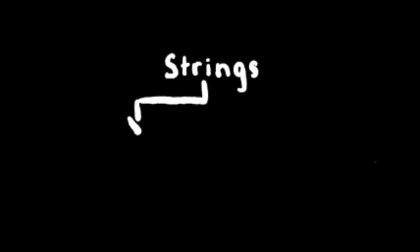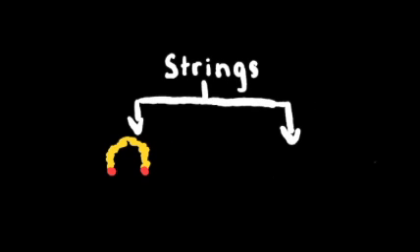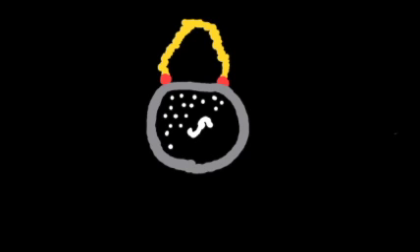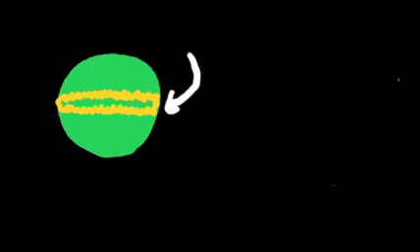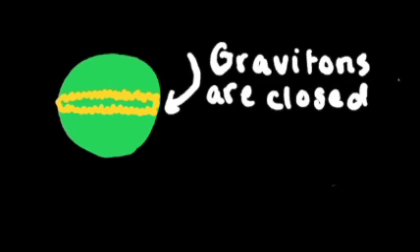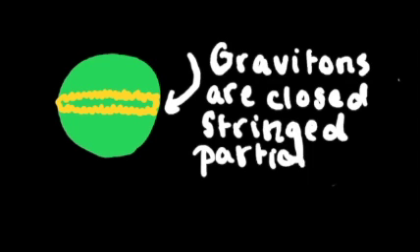There are two basic types of strings, open and closed strings. Open strings are not sealed in a loop and also have zero-dimensional particles known as d-branes attached to them. These d-branes permanently fix open-stringed matter onto their respective universes. Gravitons are suggested to be closed-string particles, meaning that their strings are sealed in a loop and also do not have d-branes attached to them.